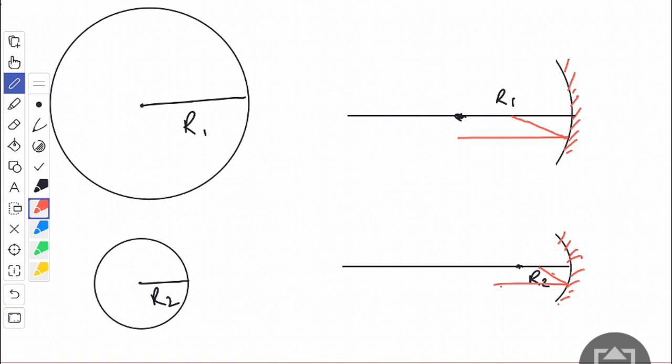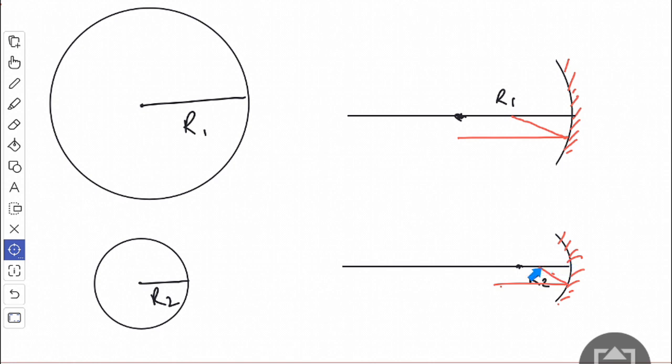This is the key thing, right? So this particular ray is going to get reflected like this. Its curvature is much higher, so it's going to bend more. This is going to go a little farther away. This is going to meet the principal axis very close to the pole. So, which means as we increase the curvature, the rays will be meeting the principal axis closer to the pole,